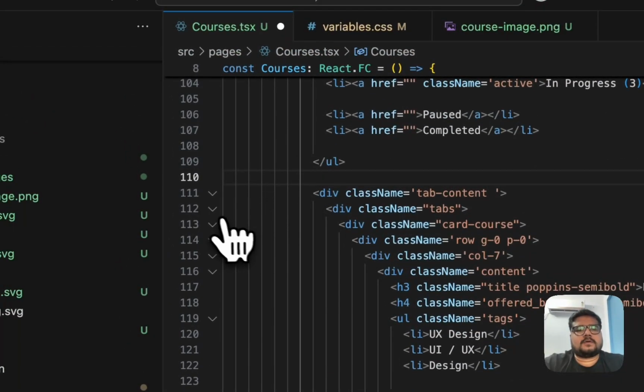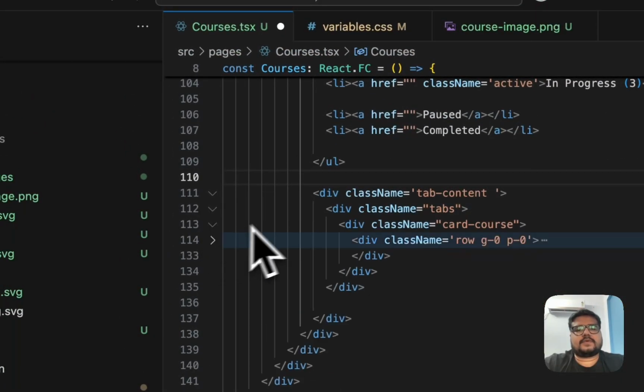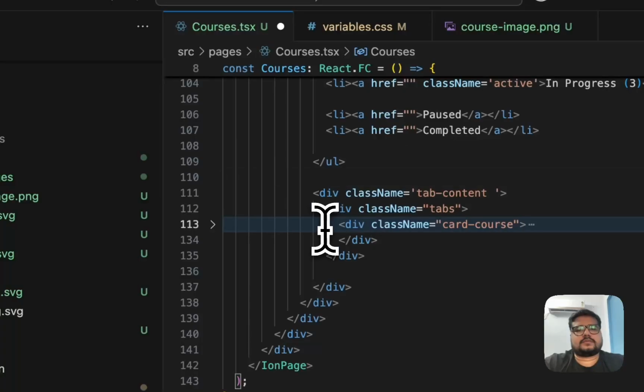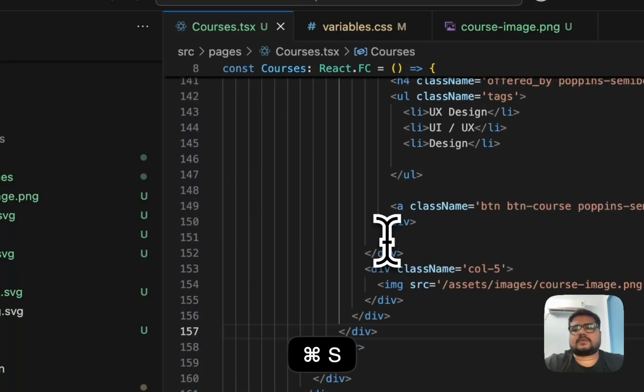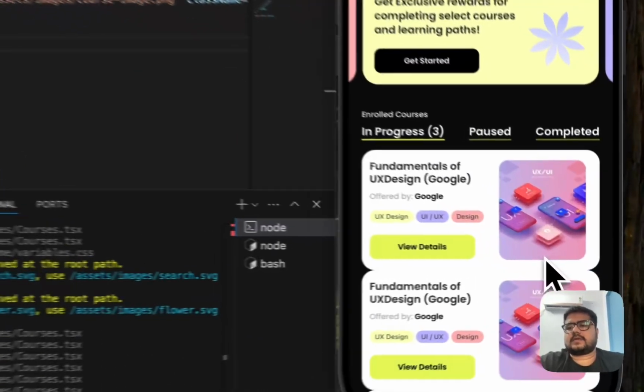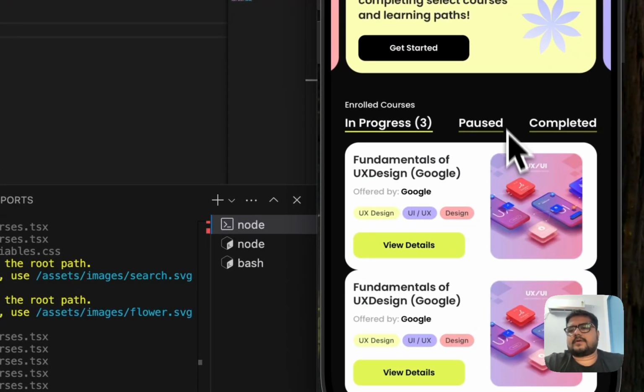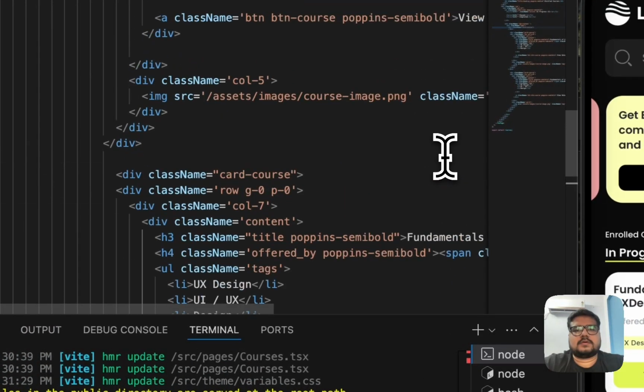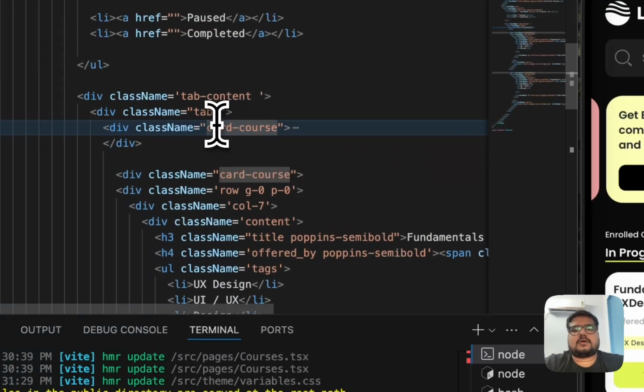Okay. Here we are having this tab. Here we are having this card box. Let's copy this card box. Let's put this here. Okay, so it will look a little bit like this one. But now I want one thing there. Let's do this tabs